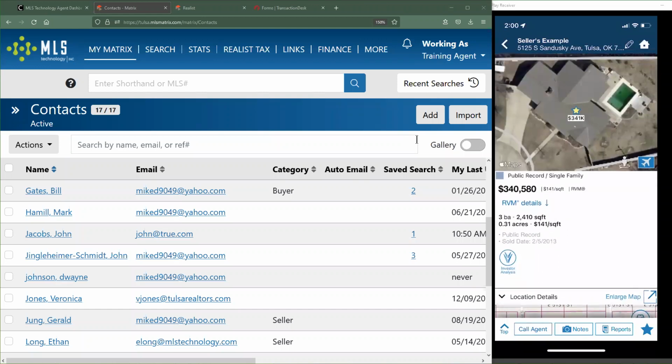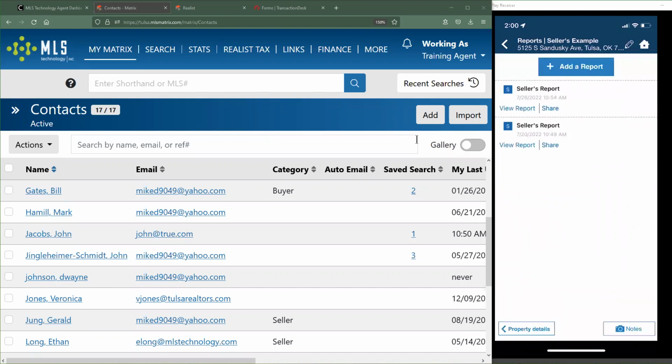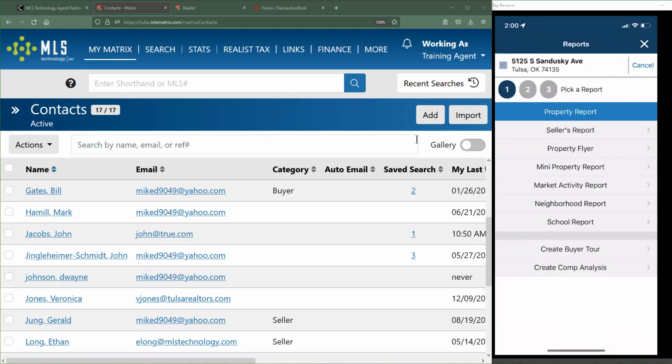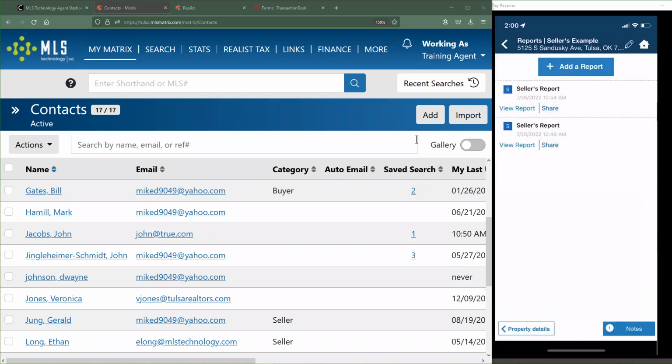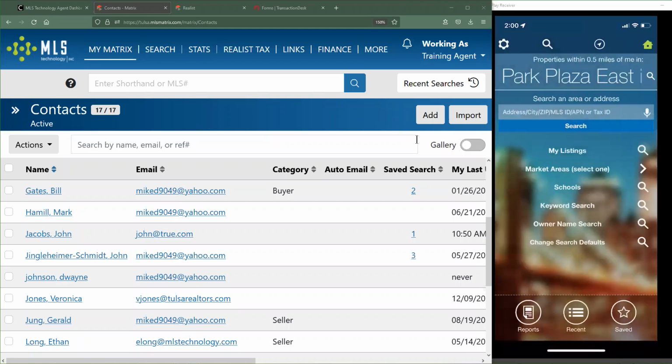So as soon as I want to send some information off to my client about this property, whether it's listed or it's their own home, there's a reports button down here at the bottom that allows you guys to run all the same reports that you would normally be running on the desktop version of RPR. Now that's just a really super basic overview of that, but RPR actually has an immense amount of documentation online.